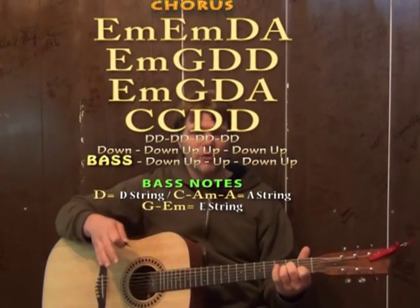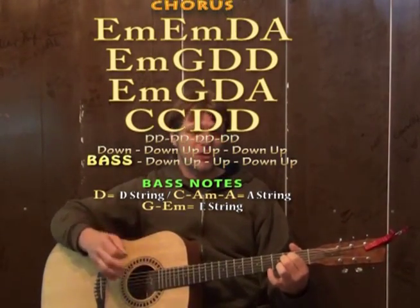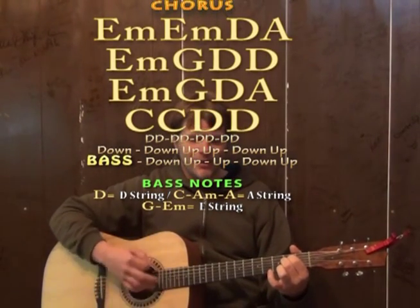We'll be going into our chorus, which kind of mixes up a lot of those things we were just talking about. So we tried our chorus with our strum pattern. We have E minor, down, up, down, E minor, down,